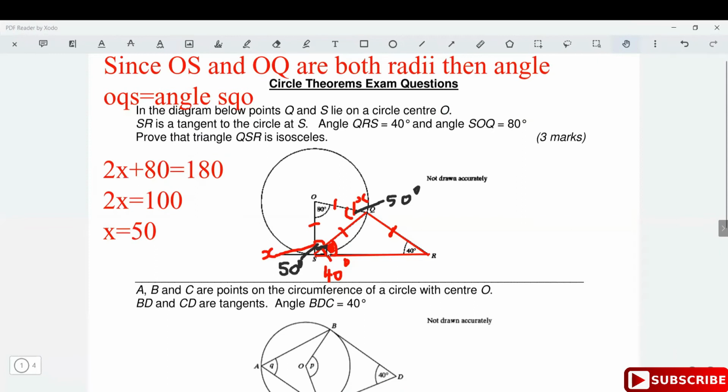And then this angle is 40 degrees and this angle is 40 degrees. You can tell them now, since angle QSR is equal to angle QRS, therefore QS is equal to QR. So I'm just going to put that right here. You tell them,